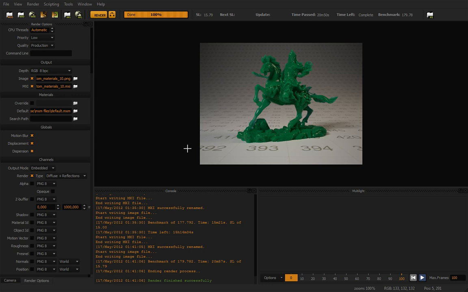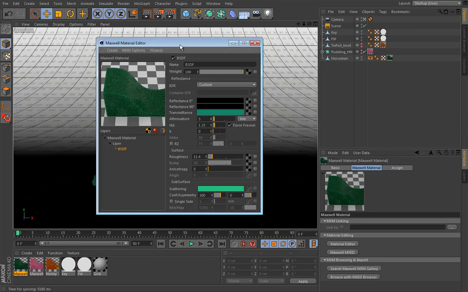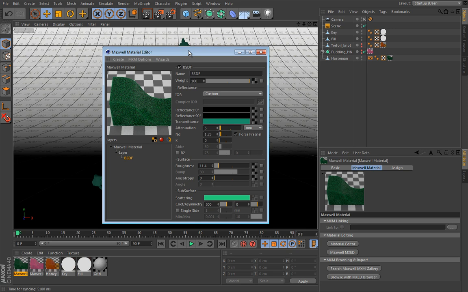And here we are after just 20 minutes or so, and you can see how great this jade material turned out to be. So all subsurface scattering materials are very realistic and lifelike, but unfortunately they take a little bit longer to render. So let's go back to Cinema4D because I want to show you something else,